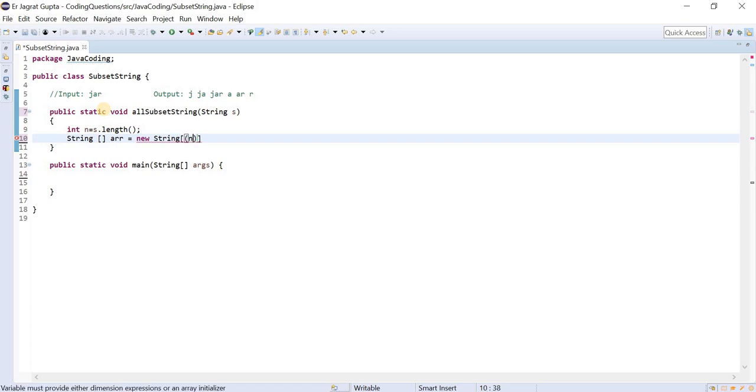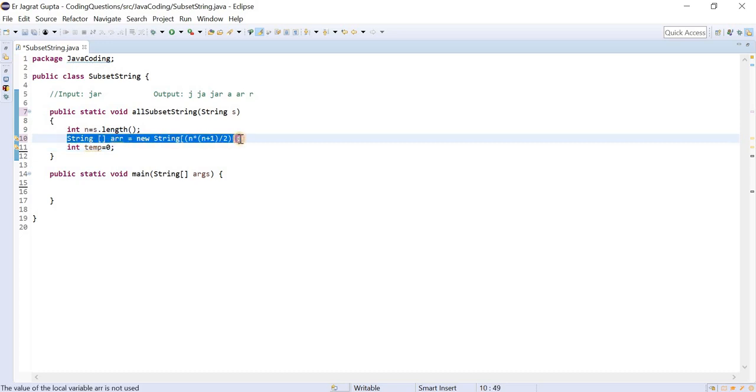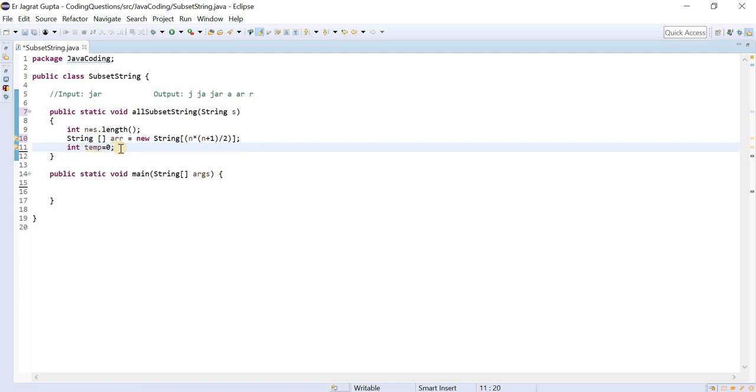So n multiplied by n plus 1 and then divided by 2, like this. So we created the array. Now I will declare an integer variable, temp, to iterate over this new string array. So this is the thing that we did.